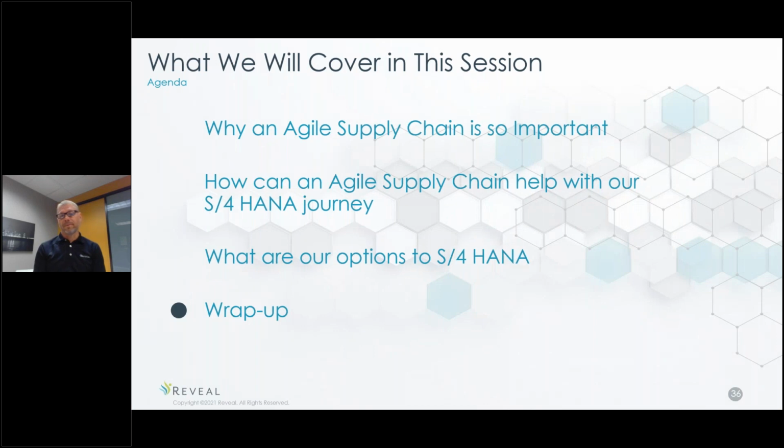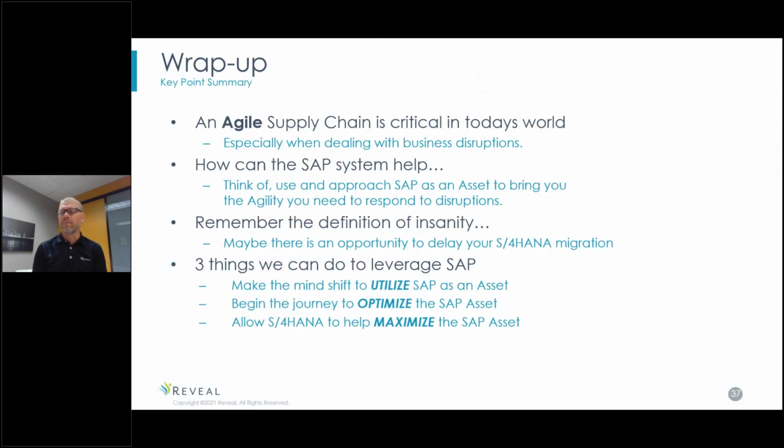Okay, so as a wrap up, this has been a fabulous series, and I hope that you guys have gotten a lot of benefit out of this. But quite simply, agility is no longer something that is to be desired. It is actually now a requirement to go forward. And at the heart of it, we need foundational components from a system perspective, a data perspective, and a knowledge perspective within our organization. SAP can help us get there, but we need to start thinking about SAP as an asset and then start trusting that asset to create the agility that we need to